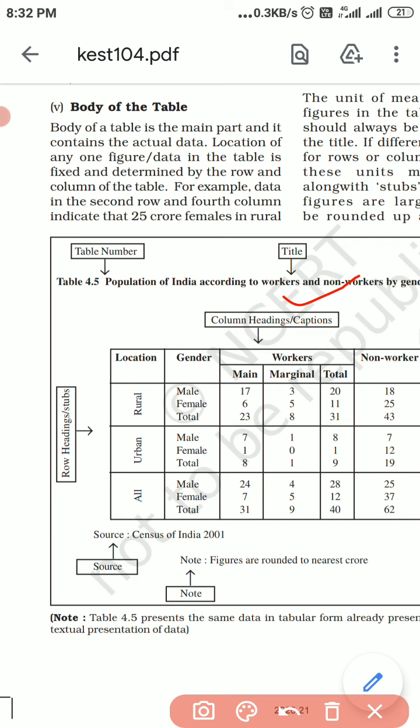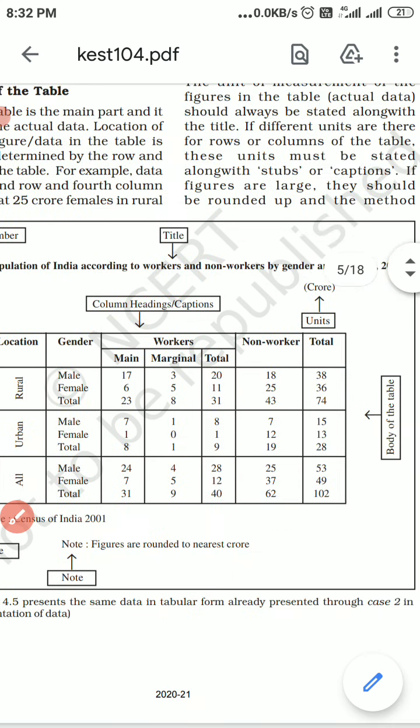Now in the stubs, you can see the headings all, urban, rural. So these are the headings of a row. So these will be called stubs. Now you can see